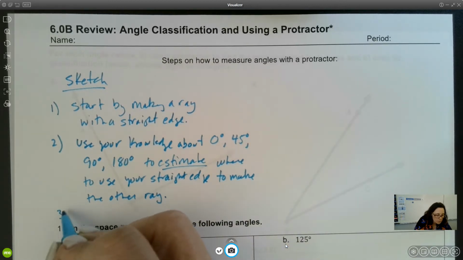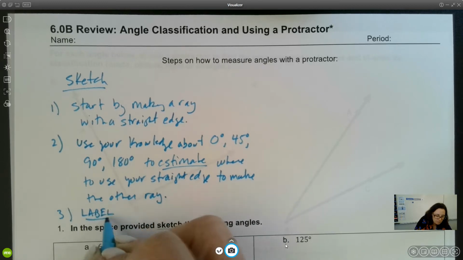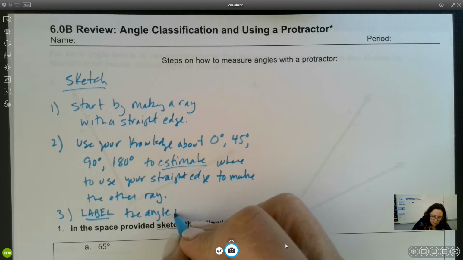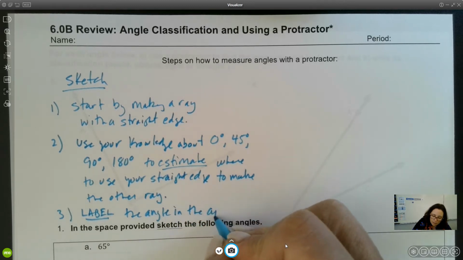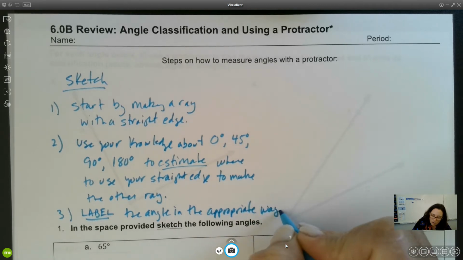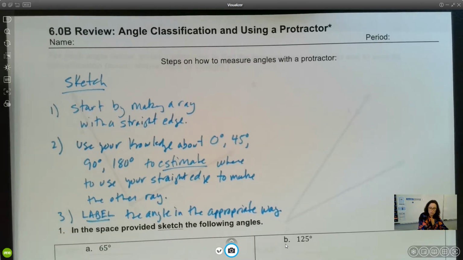And then number 3, label the angle in the appropriate way. That's how you sketch. And notice in a moment, we will be demonstrating in number 1 how to sketch. All right, let me get another color going and let's talk about draw,